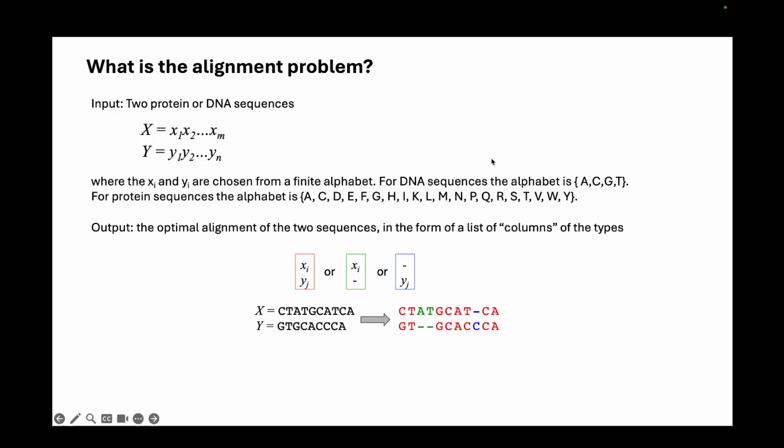So that is why alignment is necessary. Now we need to define our alignment problem in a proper way. So what is our alignment problem? We have a read, we have a reference, a big reference, and we want to find where that read came from in the reference. Imagine there are two protein or DNA sequences given by these two strings